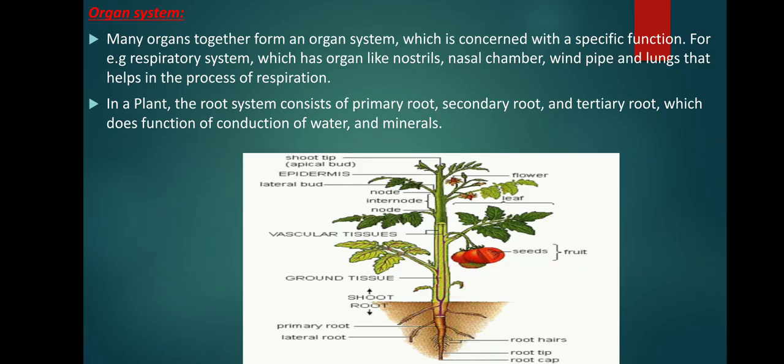Next one, secondary root. A secondary root or lateral root is a branch of the main root or a fine rootlet that derives from the primary root. Secondary root is also used to describe an adventitious root that develops on a stem or leaves.